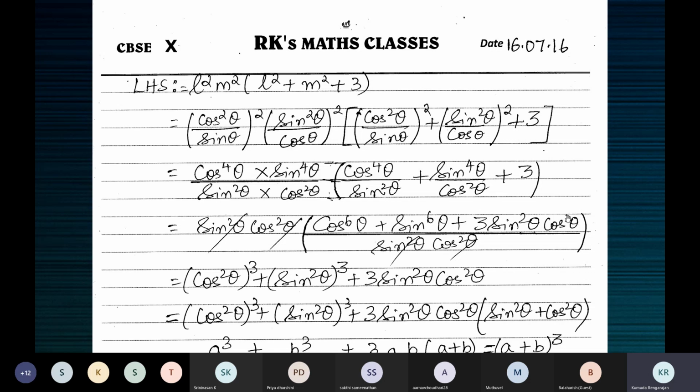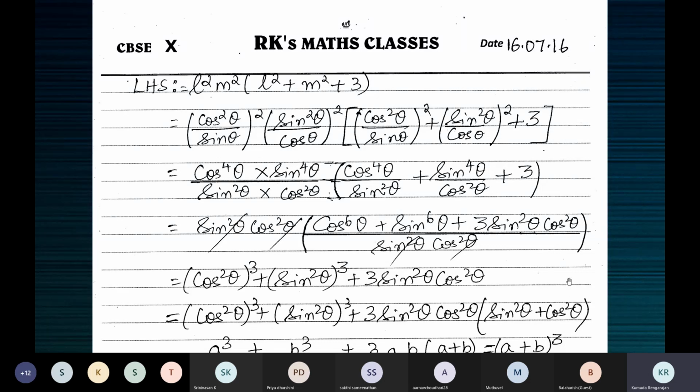Okay, so we have a, b here. So we show the a cubed and b cubed terms. This is nothing but this here. So we rewrite. We just write cos theta to the power 6 like this and sin theta to the power 6 like this. So we have a cubed plus b cubed and we have 3ab, but we don't have a plus b. If we had a plus b, then that would make a plus b the whole cube. We don't have a plus b, but you can simply write that a plus b, right?